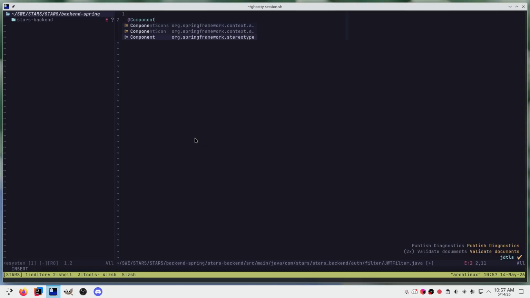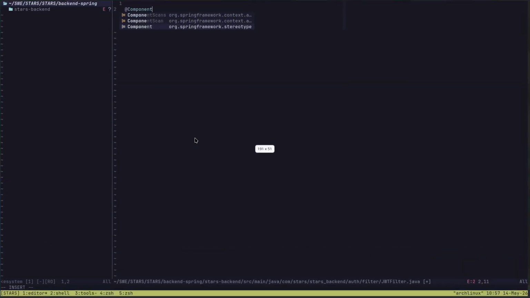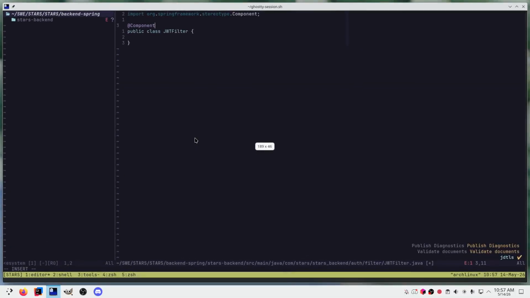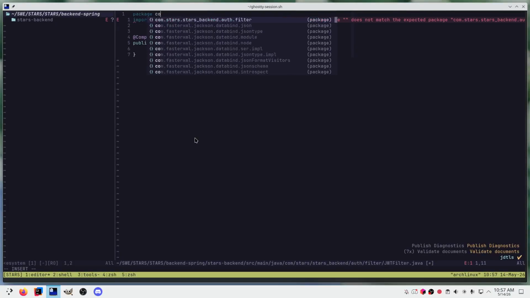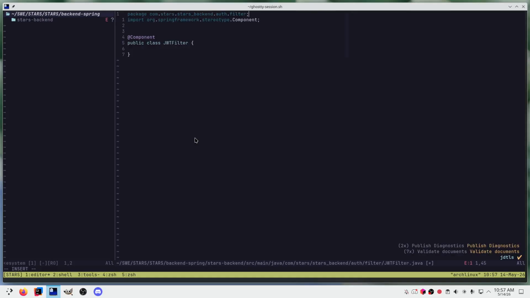Okay. And then we want a package com.authFilter. Boom. Alright, nice. So what we want again is this JWT filter is actually going to extend